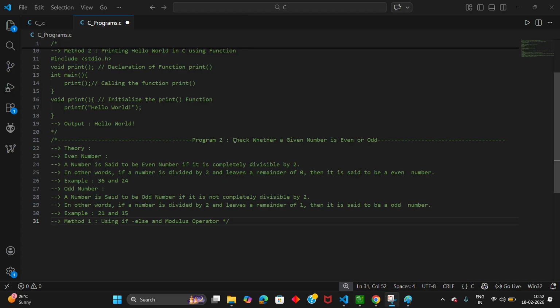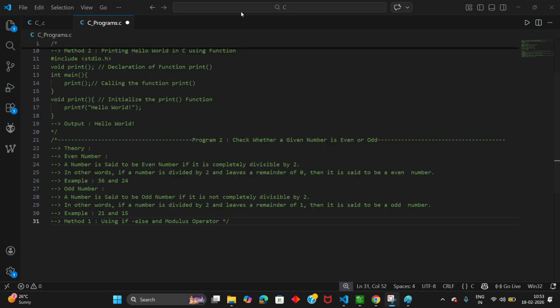For any method, you need to remember some set of steps. First, take the integer to be checked as input. Ask the user to enter the integer for which to check the even or odd condition, and then find the remainder of the integer by dividing it by 2. Use an if else statement to check whether the remainder is equal to 0 or not. Print the output and then exit. Exit in the sense return 0. So for any method you need to approach it this way.